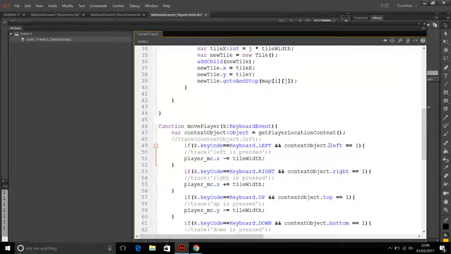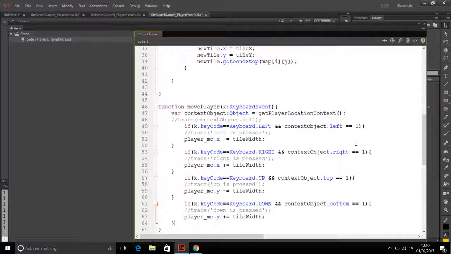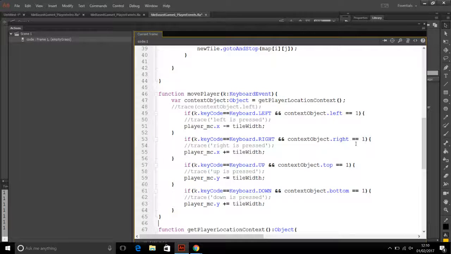So we're accessing the property left, right, top, bottom, and we're just checking to make sure that not only is a key being pressed, but that we are allowed to move there. If we're not allowed to move there, then nothing will happen when that key is pressed. This could be optimized to a certain extent later on down the line also. So the new function,